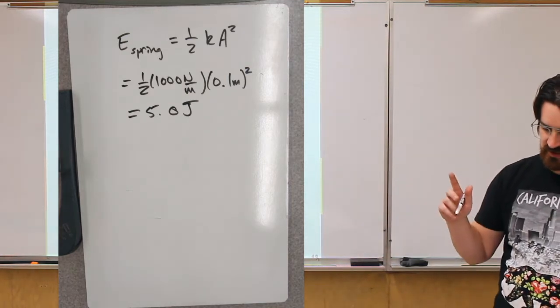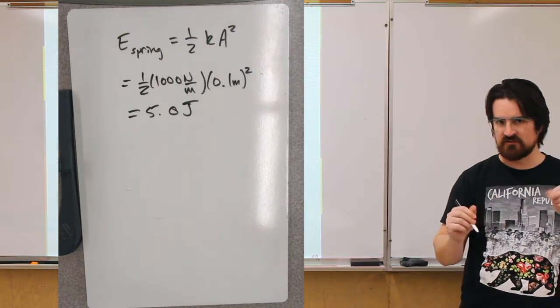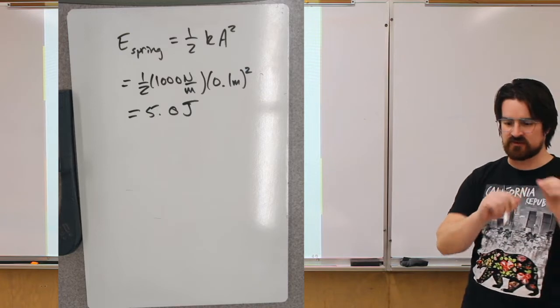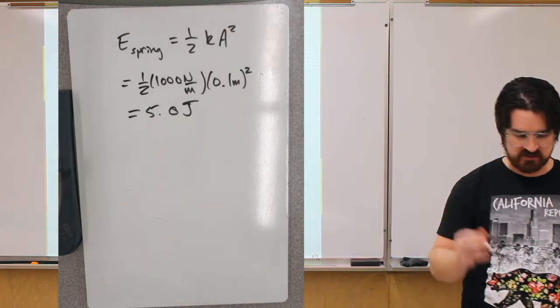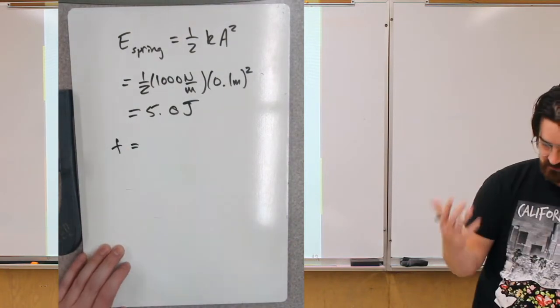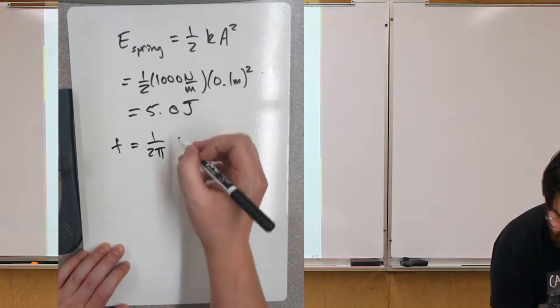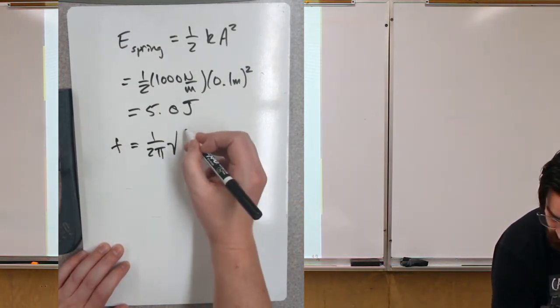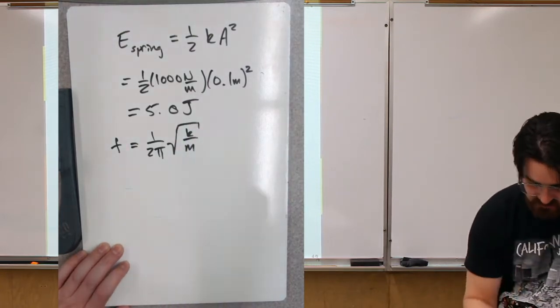Okay, what about then the energy quantum? Like, what's the smallest unit of energy that could be added or subtracted from this system? Well, it has to do with the frequency of this oscillation, so we need to know what the frequency is. And again, if you look back at simple harmonic oscillation for oscillators, it is 1 over 2 pi times the square root of the spring constant over the mass of the object,